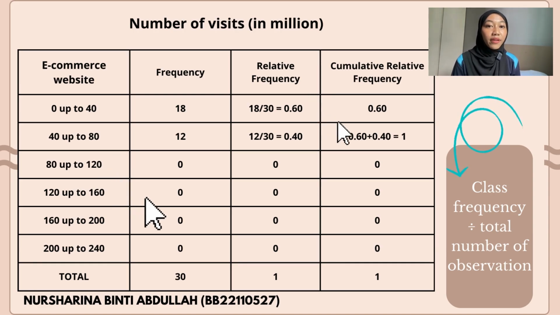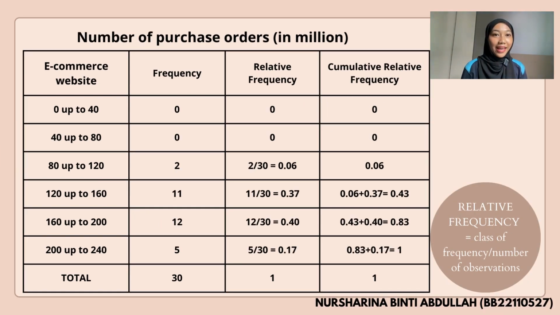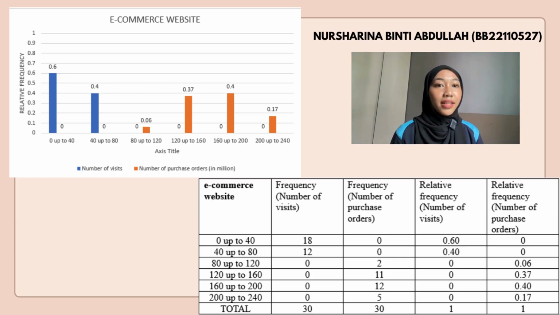After that, we will find the cumulative relative frequency. So, this is the data of relative frequency and cumulative relative frequency for the number of visits. And this is the data for the number of purchase orders. This is the table that shows relative frequency for the number of visits and number of purchase orders, as well as the